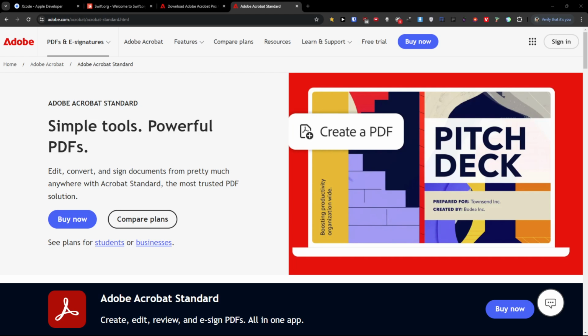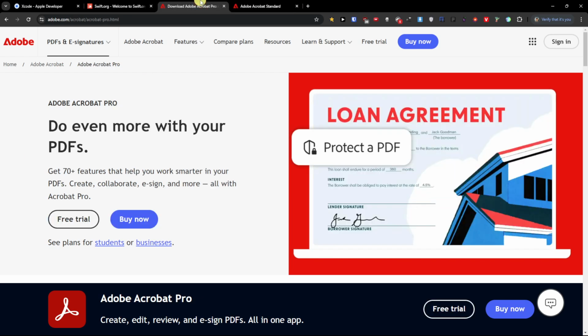Now, you can add comments, combine files, fill and sign, and the unique features that you're going to have in Adobe Acrobat Pro are advanced editing, scan documents using optical character recognition, enhanced security, redact sensitive information permanently, advanced comparison, which compares two PDFs to highlight differences, also pre-flight tools, which check for errors and compliance in PDFs, rich media support,